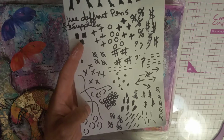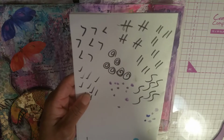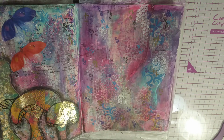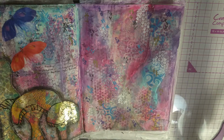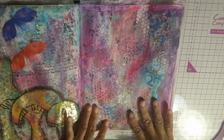Go ahead and pause the screen. But it's just nice to make yourself a nice little cheat sheet of marks so you don't have to think of the marks. Because sometimes you're sitting there and you're going, okay, I want to make marks, but I can't think of any marks. Well, now you don't think about them. You could just do the marks. Okay. Next, what do we want to do? Okay, I think next we're going to do...